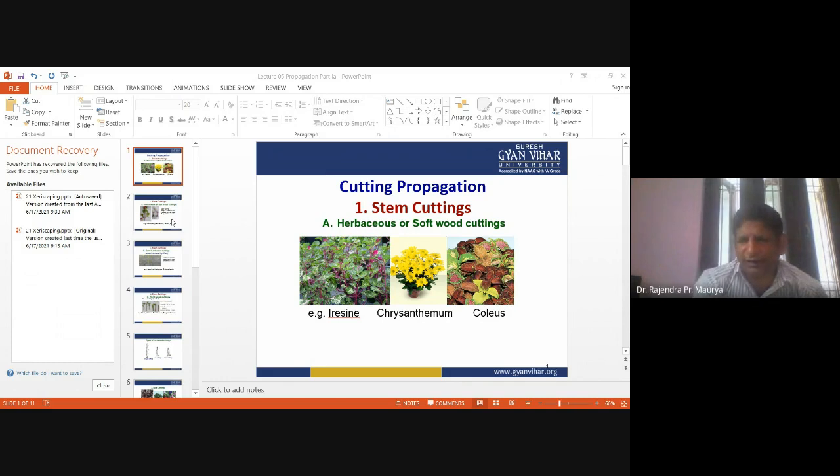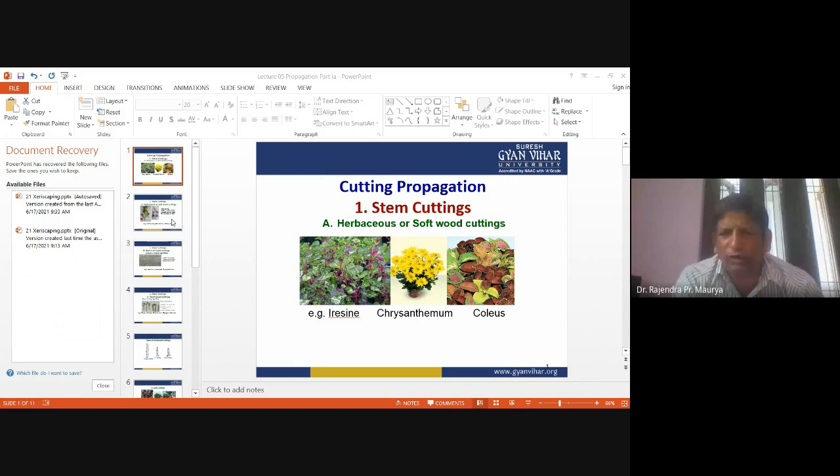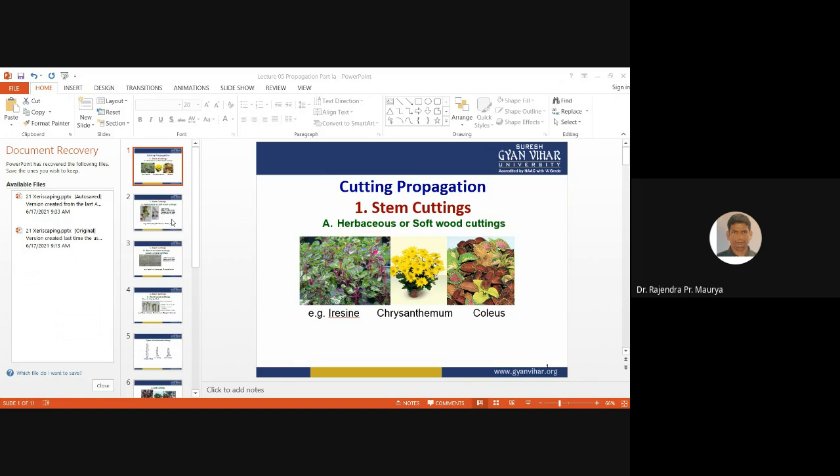The most important thing here: you are looking at the first picture that contains the whole leaves, just as we take the plant part from the mother plant. After preparation, you can see in the second picture on the right side that we keep only a few leaves and remove the remaining leaves. And on the few leaves we keep, we have to remove part of the leaf, maybe one third, half, or two-thirds of the leaves.